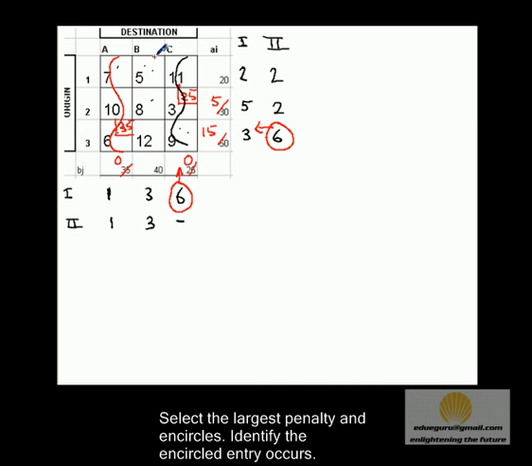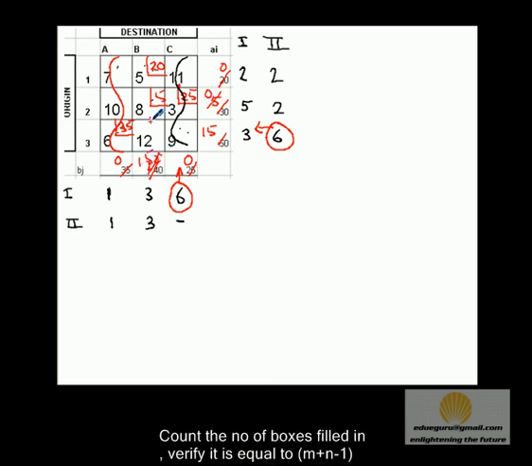Now since 2 columns are exhausted, we are left with only 1 column, so we don't need the third iteration. We'll simply put the remaining balances in the boxes. So 20 for the first, and 5 for the second, and the remaining comes to 15. We'll put 15 in the third one.